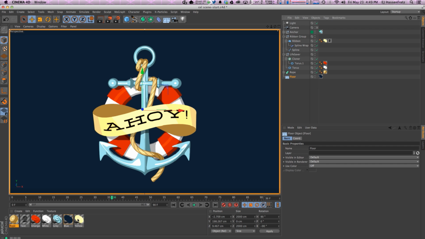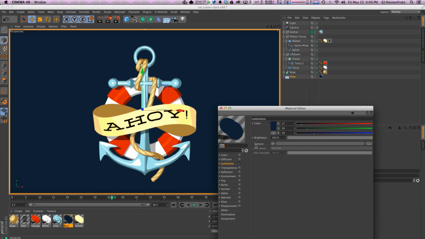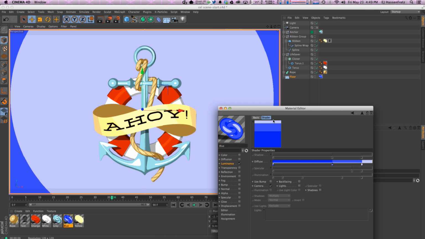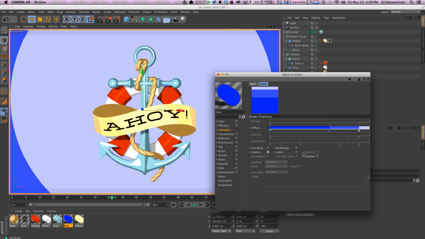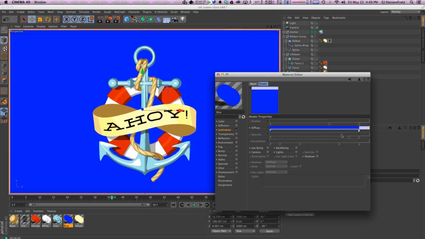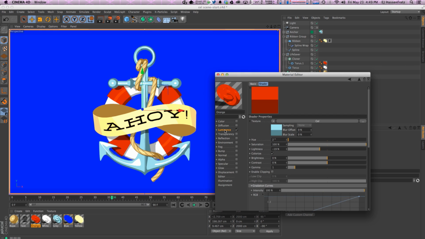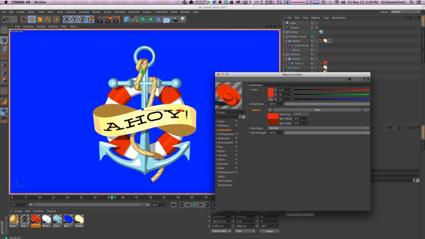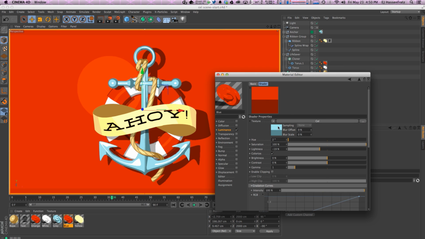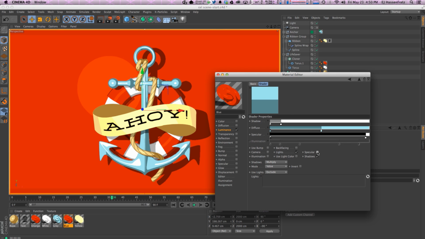And let's go into our luminance here, add another cell shader, and you can see just by default it doesn't look all that great. Actually, let's go ahead and grab this orange, and let's grab this whole entire filter plus cell shader and just paste it to save us some time. And we can get rid of specular,